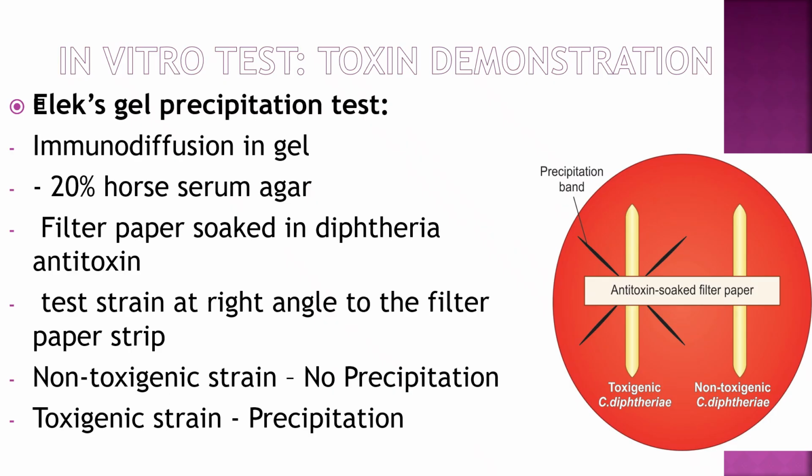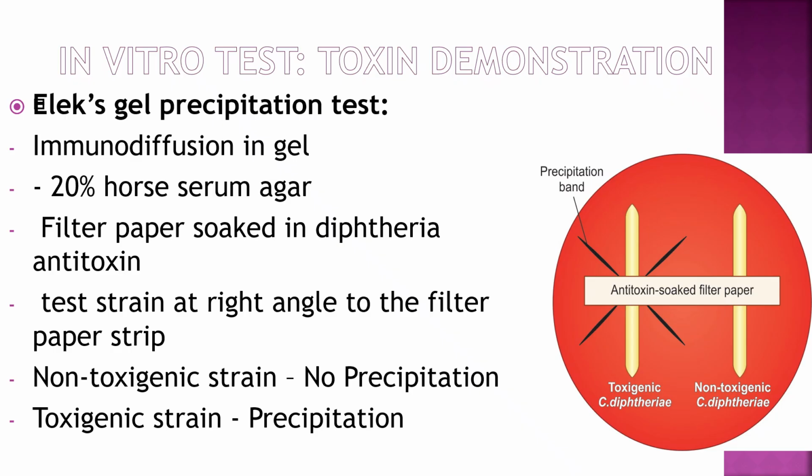In vitro toxin demonstration test, that is the Elek gel precipitation test. It is an immunodiffusion in gel method. In that, a petri dish with 20% horse serum agar is taken, and on that a filter paper soaked with diphtheria antitoxin is applied in the center, and then streaks are done at right angles to the disc,